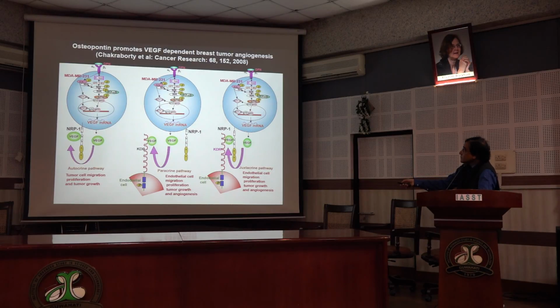There is a crosstalk between these pathways, and through autocrine, paracrine and juxtacrine mechanisms, this osteopontin regulates VEGF, and it either binds with a VEGF receptor called neuropilin-1 or another VEGF receptor called KDR, or VEGF receptor 2, or simultaneously with neuropilin-1 and KDR, one expressed in the tumor cell, another expressed in endothelial cells. So upon binding, it regulates tumor endothelial interaction, and that controls angiogenesis, tumor growth and metastasis in the breast cancer